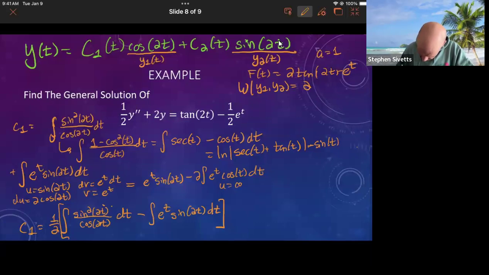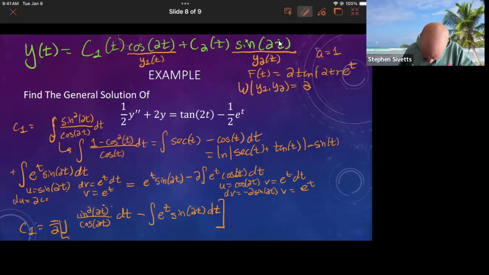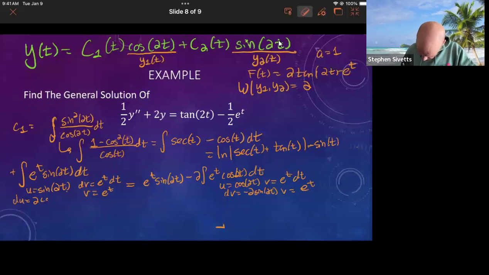So u is equal to cosine 2t, and dv is e to the t dt, so du is minus 2 sine 2t, and v is e to the t. Okay, I'm almost there. So this would be e to the t sine 2t minus 2 times